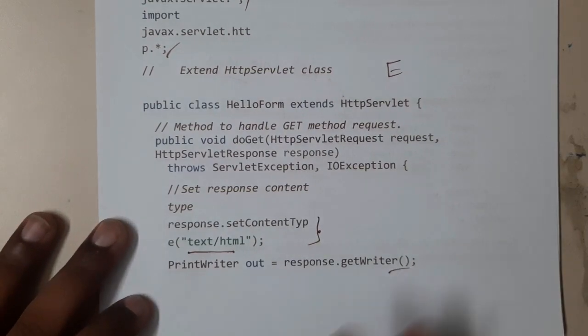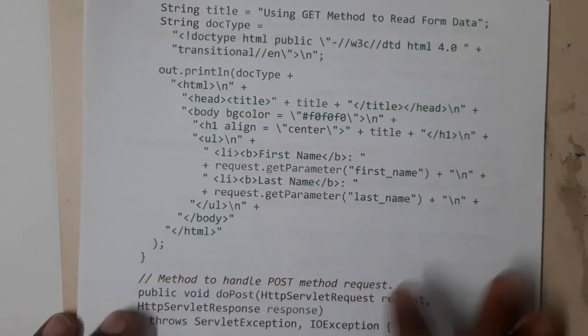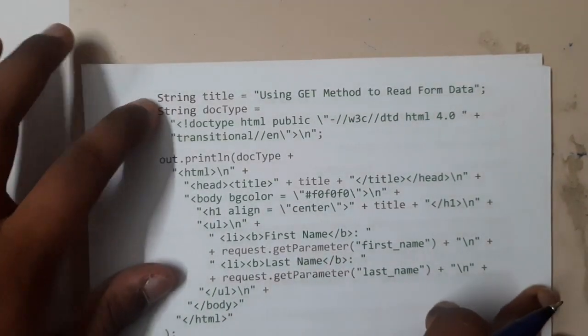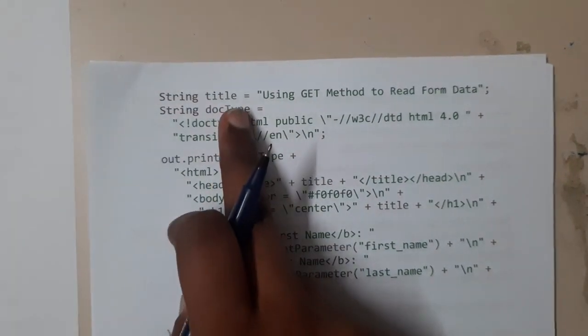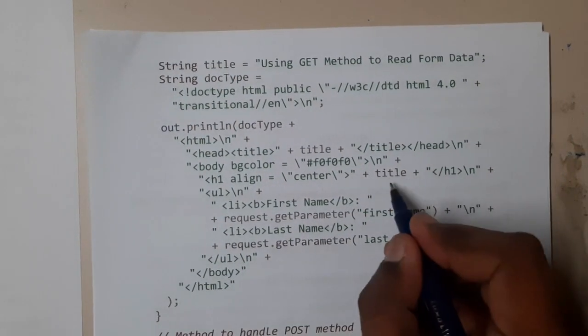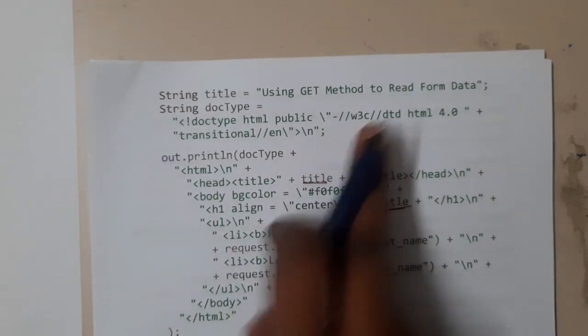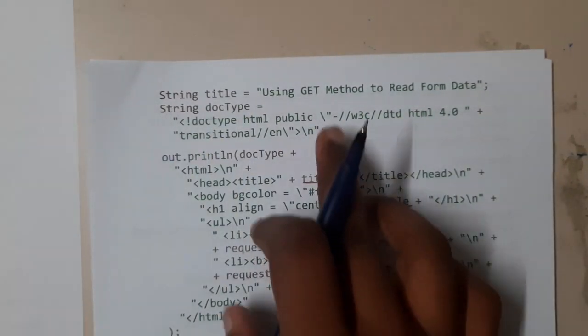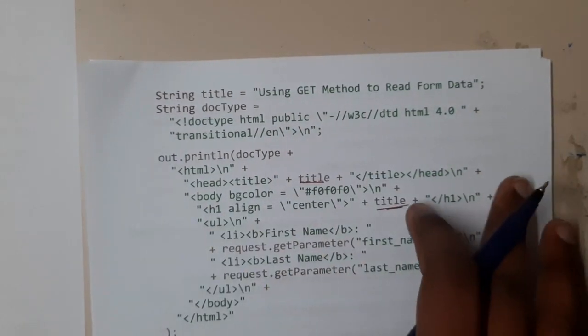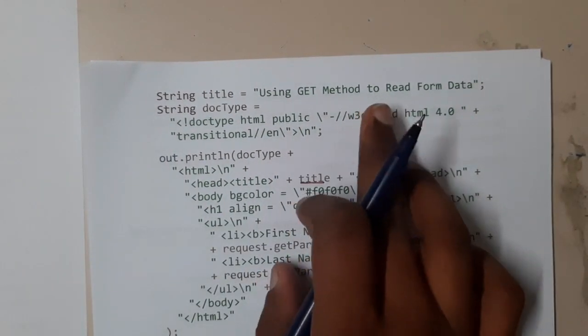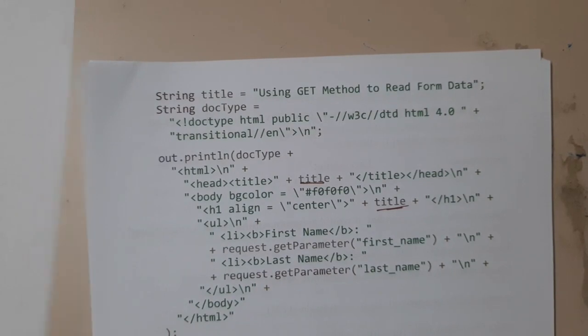After that you created a PrintWriter. After that you are writing the title. It is not mandated to write them separately, you can directly write them internally also. Basically for editing purposes it will be easy if you write here. Instead of modifying at multiple places, if you modify here, everything will be updated. That is the main reason why most developers use these kinds of things while they are developing.